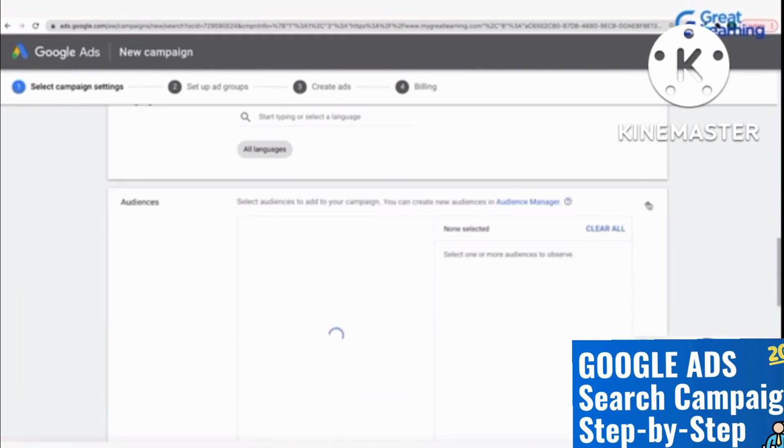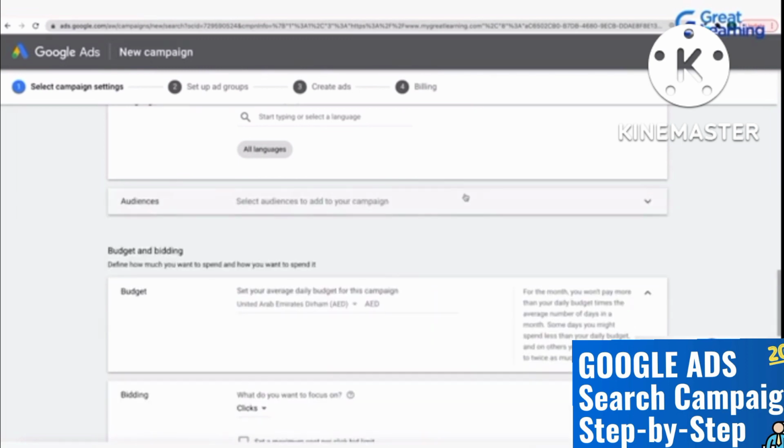Audiences, for now, you don't have to add any audiences in this. This audiences, when you do enter it, is when you're using a remarketing list for search ads. That is when you're retargeting people who have already visited your website. Say someone who has already searched for men's t-shirts online, visited your page and has searched again for men's t-shirts online, say a week later, a month later, a day later, or even the same day. If you want to target those people, that